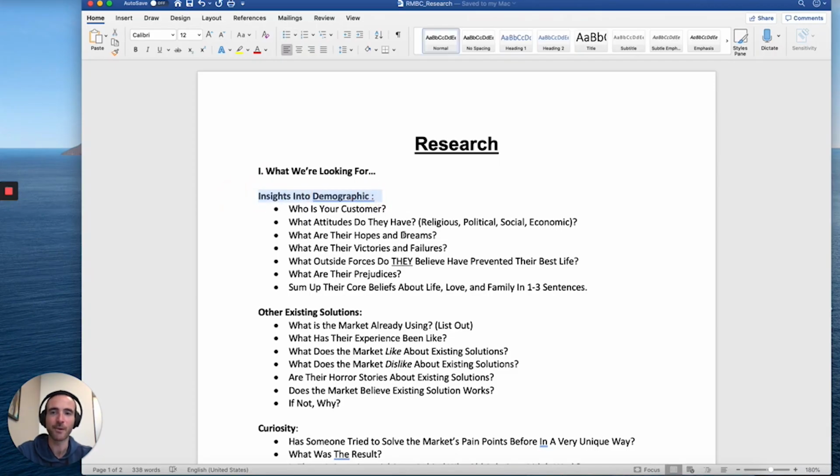So the first thing we're going to tackle is insights into the demographic of the market that you're targeting, right? So there are some basic questions like who's your customer, what attitudes do they have, what their hopes and dreams are, what their victories and failures are, what outside forces do they believe have prevented their best life, what are their prejudices, and then we're going to sum up their core beliefs about life, love, and family in 1